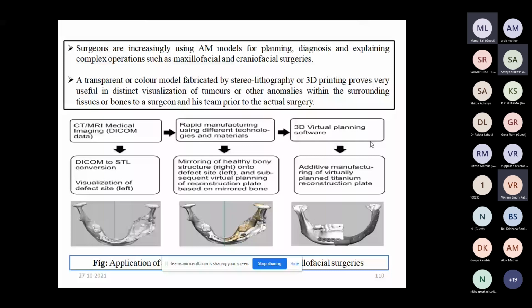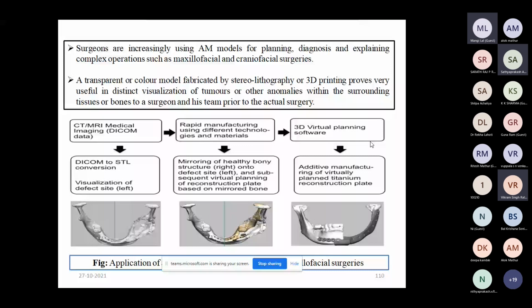With the help of CT scan or MRI, the defective or fractured part is scanned. Okay, and if we talk about this picture, here we can take the mirror image of the fractured part compared to the non-defective part.